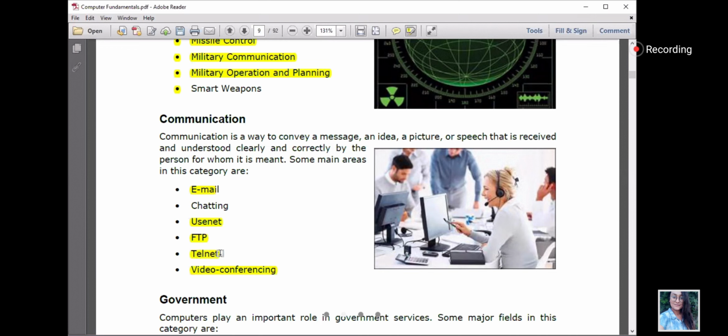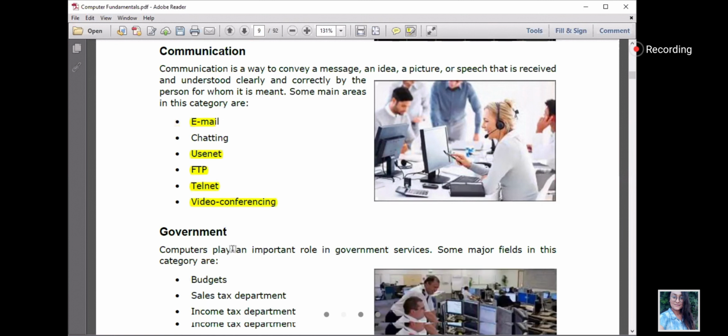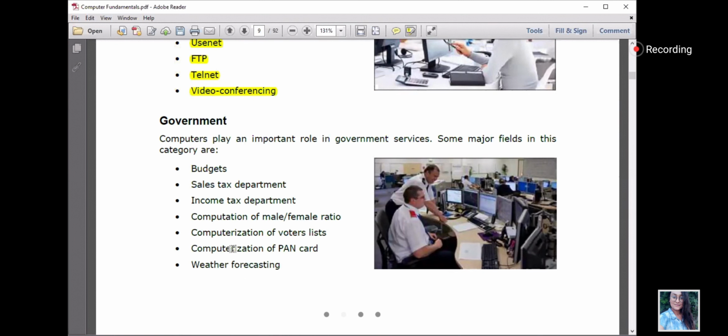And another thing is Telnet. Telnet helps to communicate between two computers. Now I want to communicate between two computers. How can I do it? You can see one very common software, I forgot the name, TeamViewer. Using TeamViewer you can control your laptop over the internet from your phone, or I can control your laptop or your desktop, if that software is installed on your computer, using my own computer. So all these things are done using Telnet.